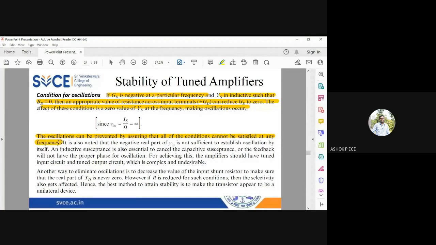For all the frequencies, we have to ensure that the negative resistance is not present and the resistance is going to be positive always. So for that, I have to ensure that this Yin is going to be positive. So what we are going to do is add additional resistance to ensure that the negative resistance is made positive and the effect of amplifier becoming